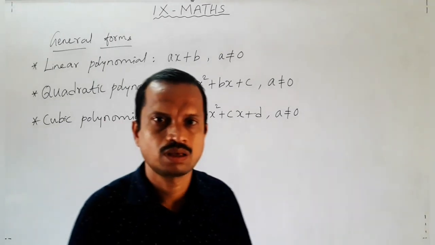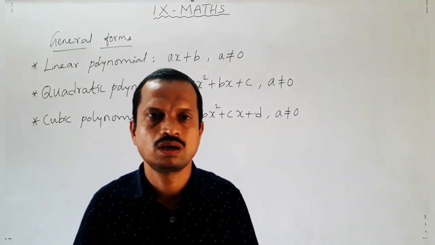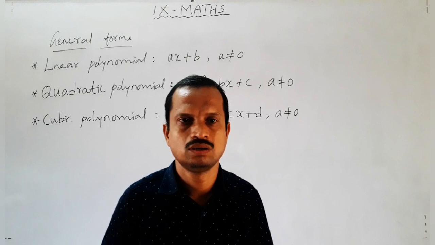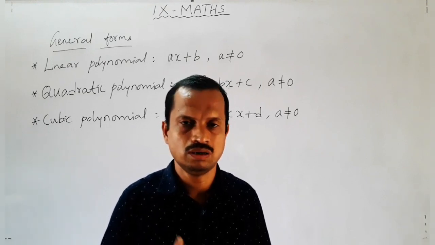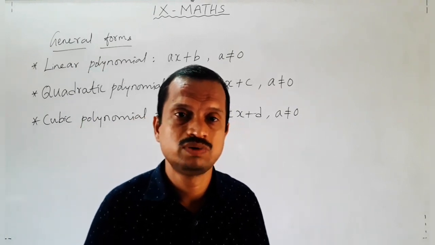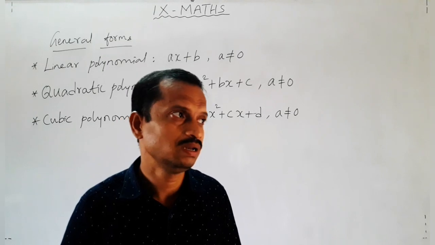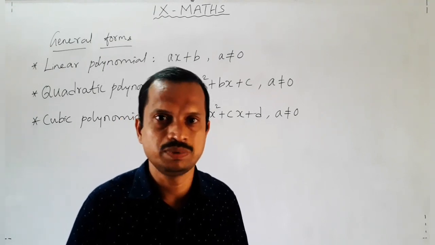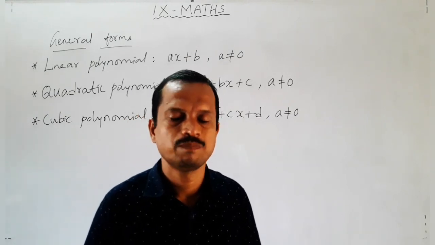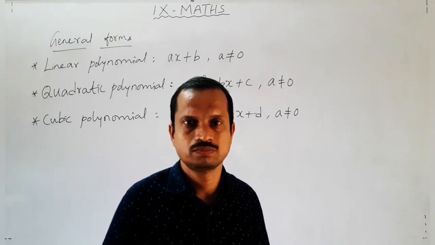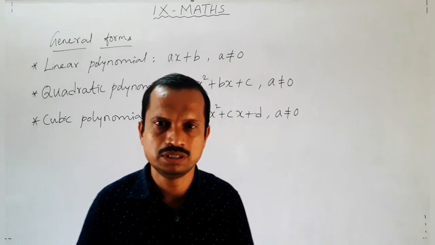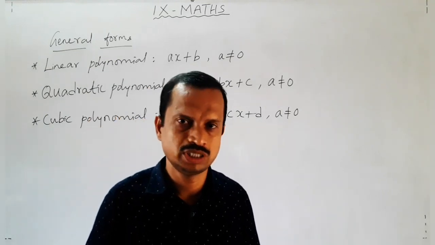Let us see what we have discussed in the previous class, chapter 2, polynomials. In that, what is a polynomial, and the classification of polynomials based on number of terms, which you know already: monomial, binomial, trinomial. If there is only one term in a polynomial, it is called a monomial, if it has two terms, then it is a binomial, and if a polynomial has three terms, then it is a trinomial. So generally all are polynomials.